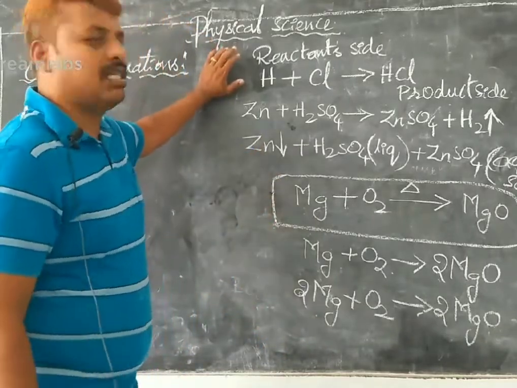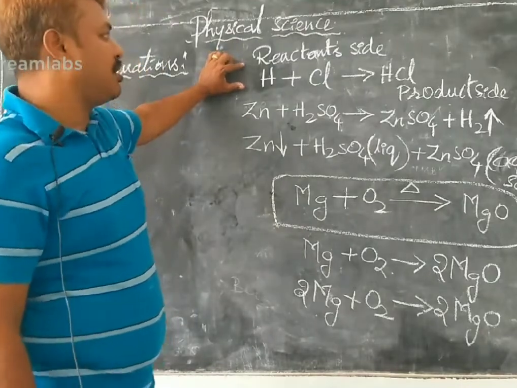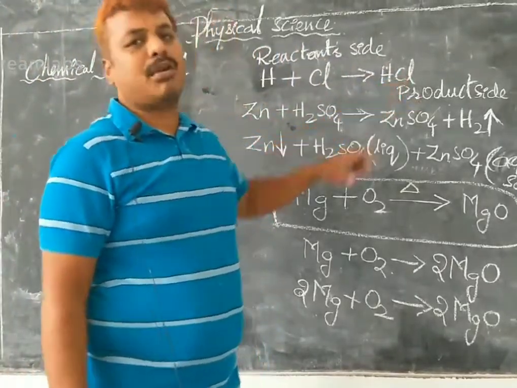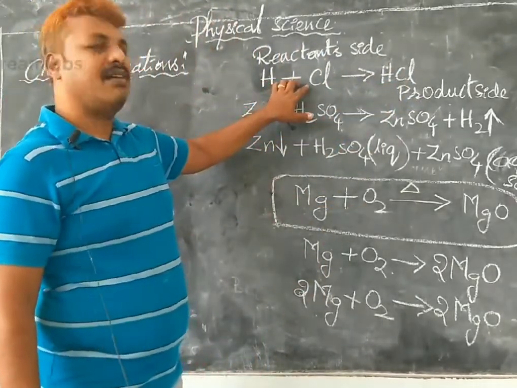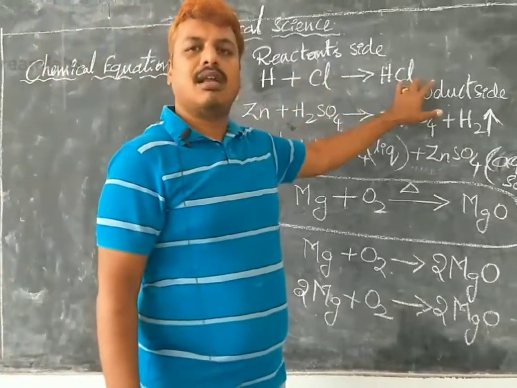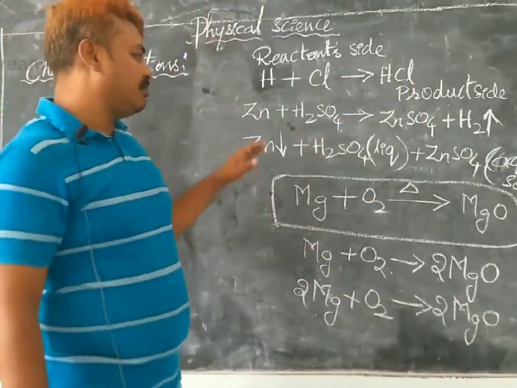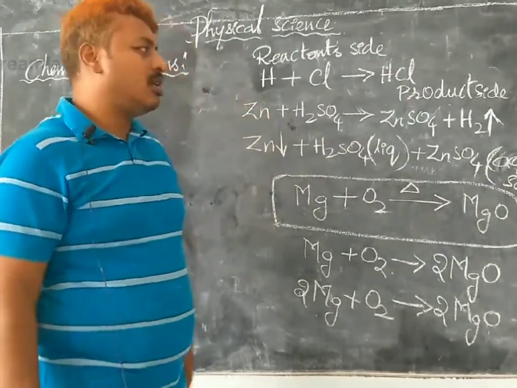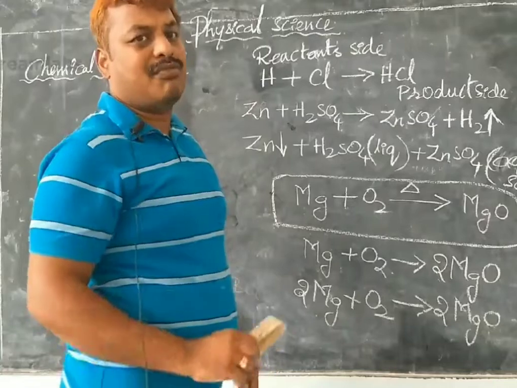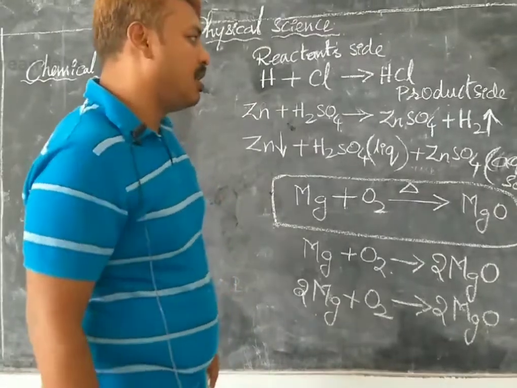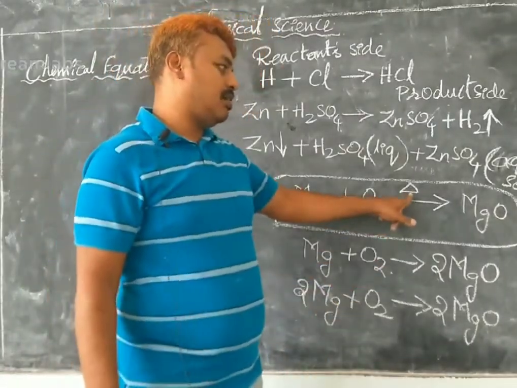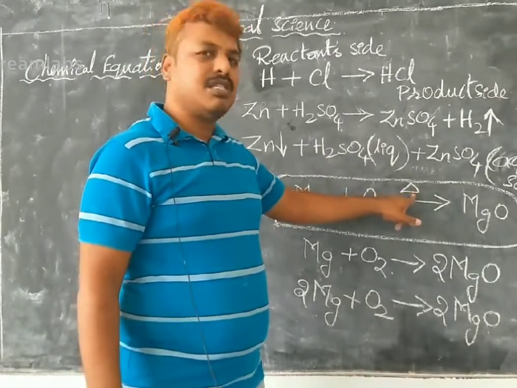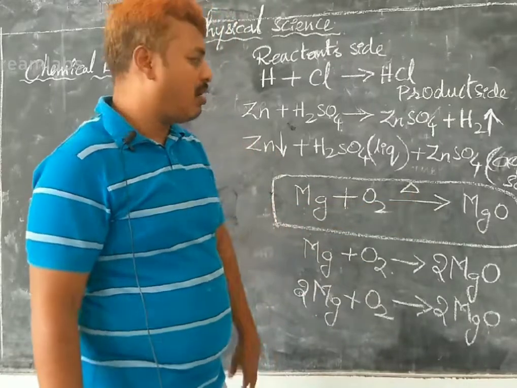Now this is the skeleton equation. In the skeleton equation you have the reactants on one side and the product side on the other. The reactant side is the left hand side, the product side is the right hand side. Solid is denoted with a down arrow, which is very important for objectives. This information is very important for objectives. Sometimes they put this delta or triangle mark and they will ask you what it means. It means heating, on heating.